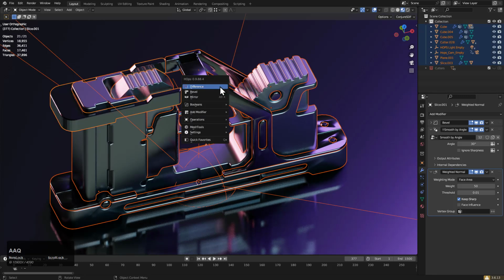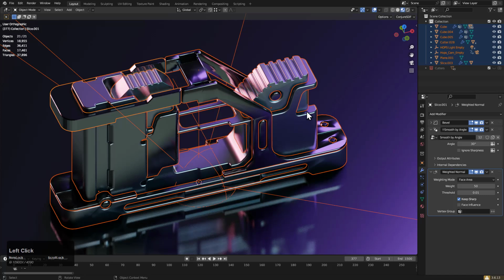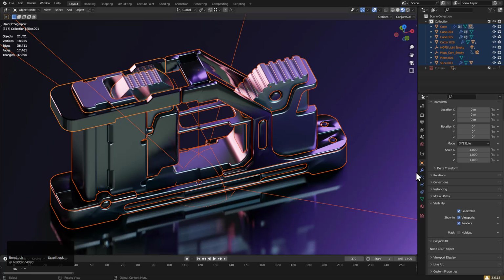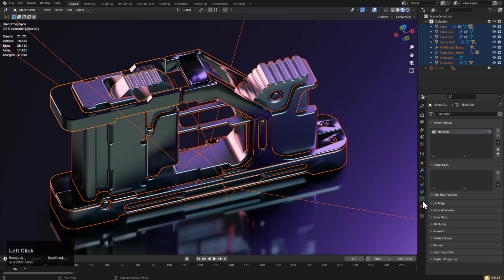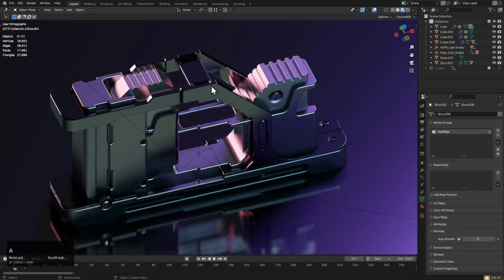In fact, let us try that. And we'll go in here and just try to enable it for everything. And it appears that we may have to go a step further. But there were some reasons for the old Auto Smooth system to... In fact, I don't even remember how the Auto Smooth system used to be. Here we go. And we just want to right click, copy to selected,